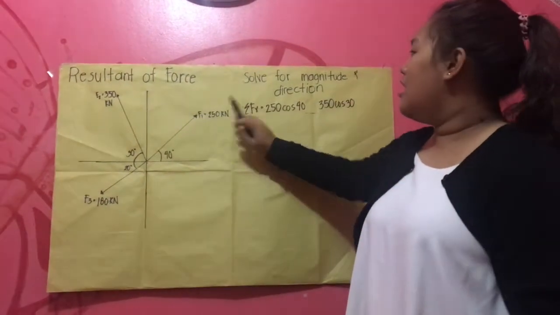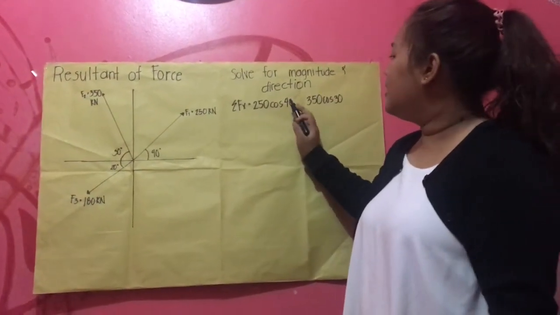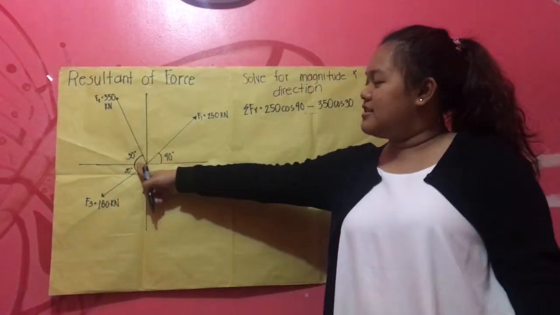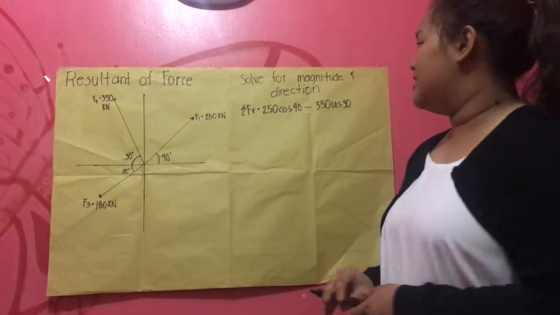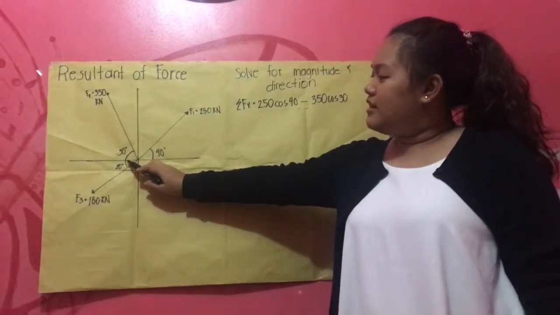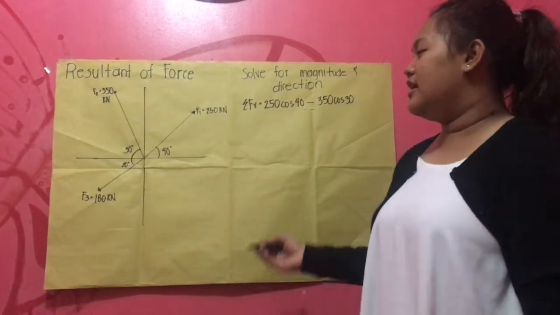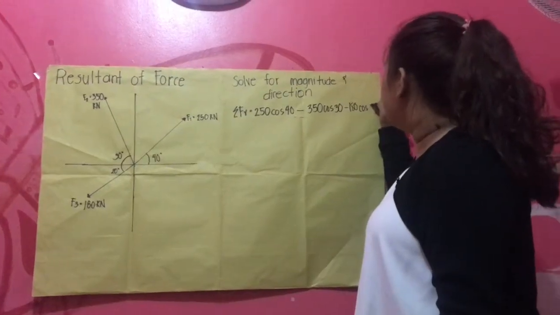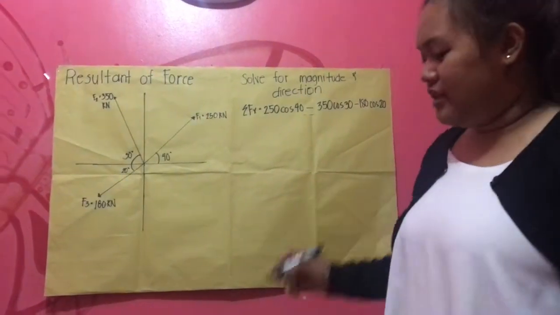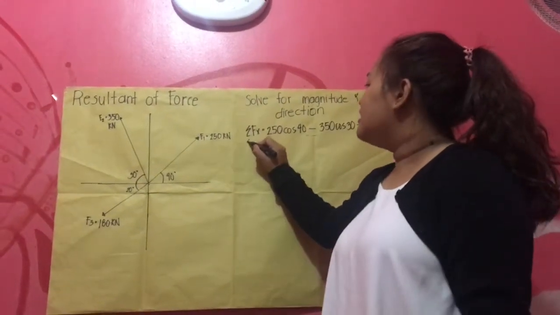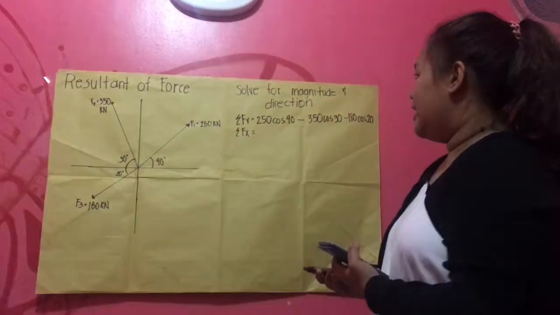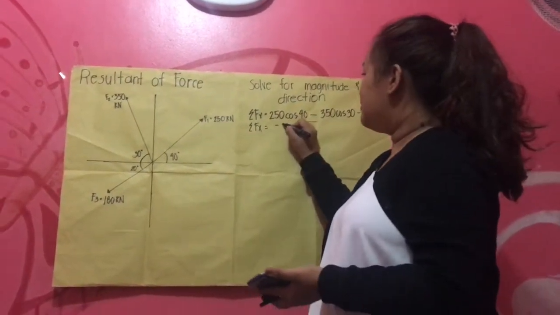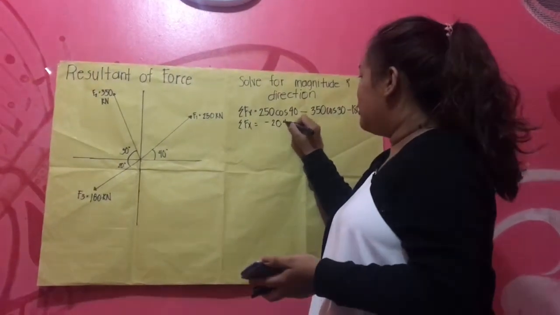So start with 250 cosine 40, and then 350, it would be negative since it is along the negative x-axis. Next, negative since it is also on the negative side, negative 180 cosine of 20. And then after that, sum all the forces. By summing up all the forces along the x-axis, we get negative 204.14